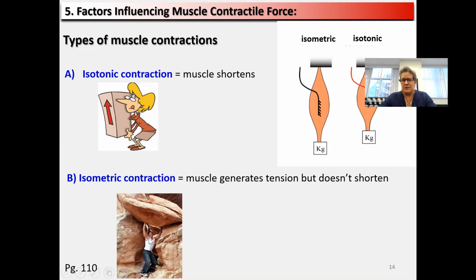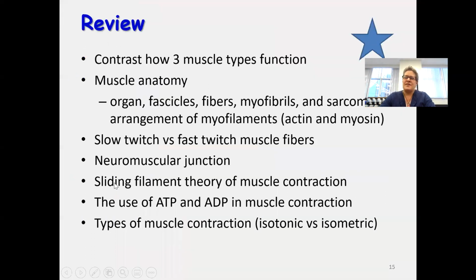So I've got this guy lifting a boulder. Well, he's not lifting that boulder anywhere. He can put pressure on that boulder and his muscles will have tone, but they don't contract because he's not able to push that. The mass is much too great for the force his muscles can generate. So that's called an isometric contraction. Iso means same and metric means measure. It hasn't changed. Okay, that is a fantastic place to stop for our first lecture,